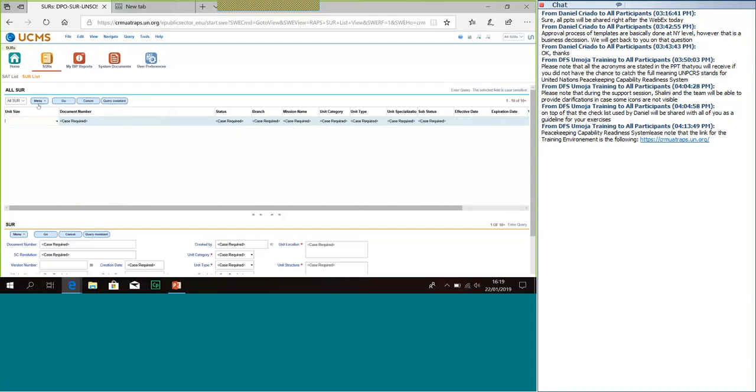I go to query, and from there the system is asking me, do you want to filter by unit size? Do you want to filter by document number, by status, branch, mission name, and so on? In this case, it's mission name. So you will have to click on the empty field, and I want you to stop now and pay attention to this case required. The system is telling you that it's important that you pay attention to the case, whether it's uppercase or lowercase, because, for example, each of the missions names will be all in uppercase, in